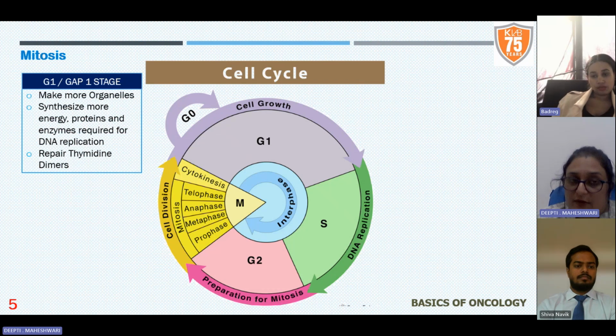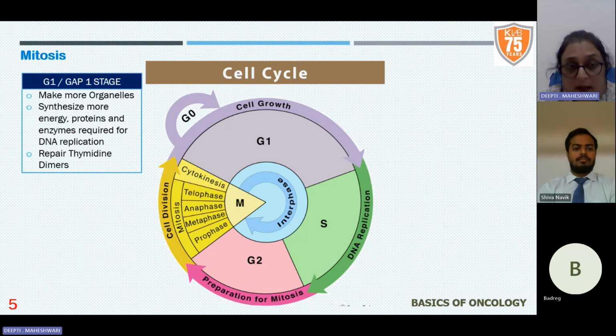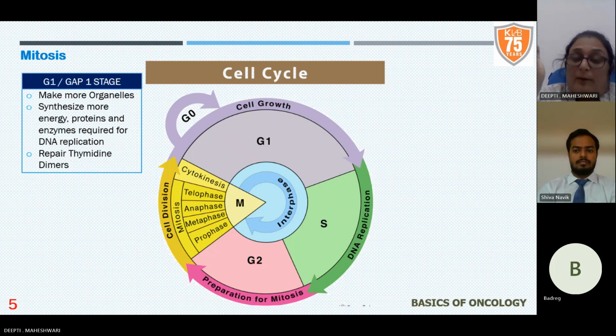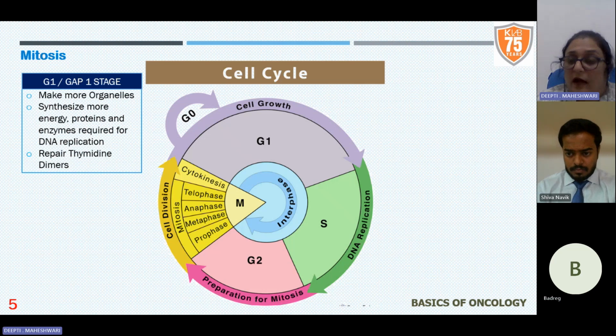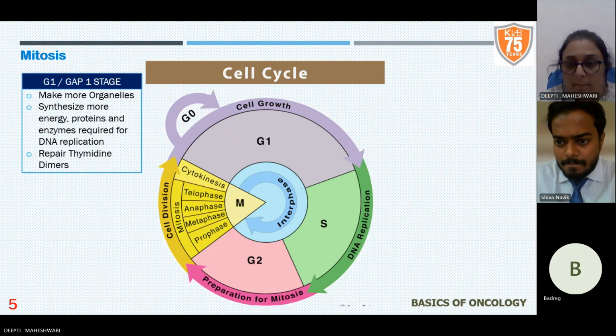So in the G1 phase, all the organelles which are required are getting formed, and even the cell organelles which are present will be growing, and the cell is preparing itself for the S phase, that is the DNA replication phase. But when DNA replication has to take place, the cell has